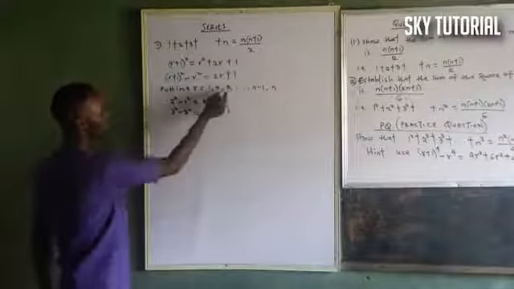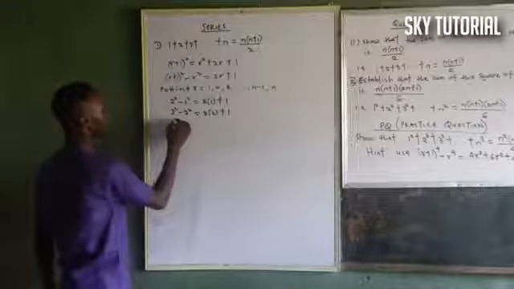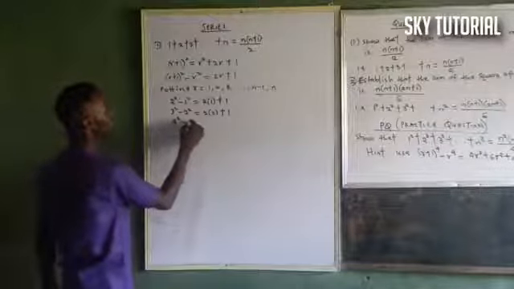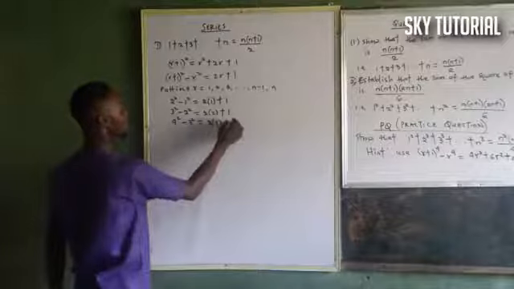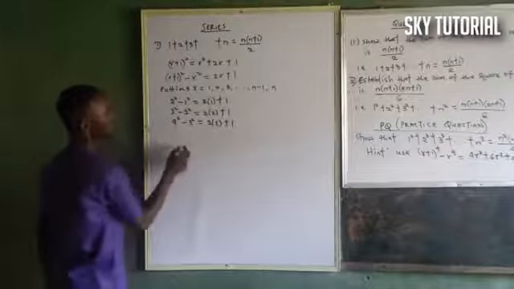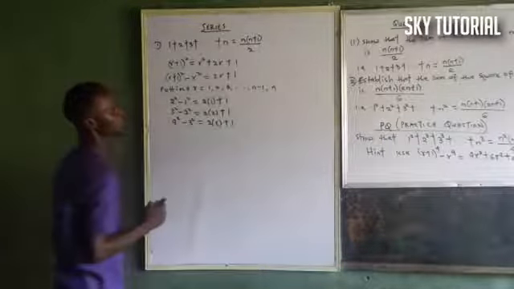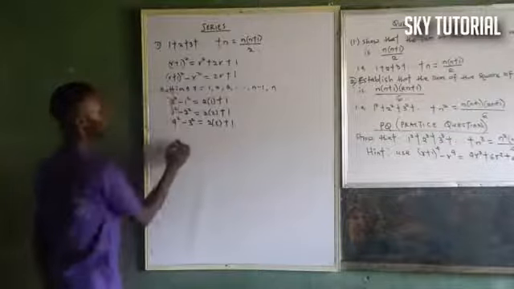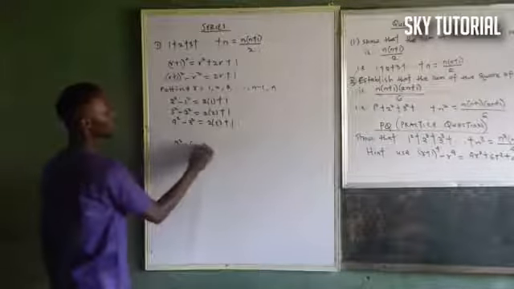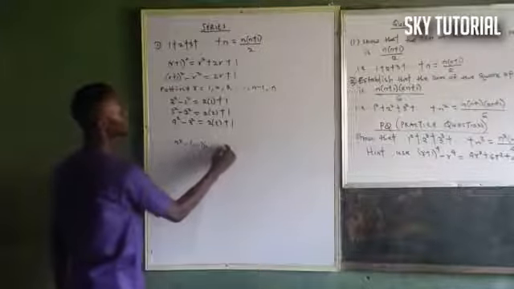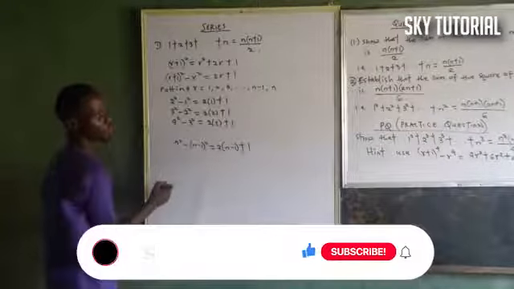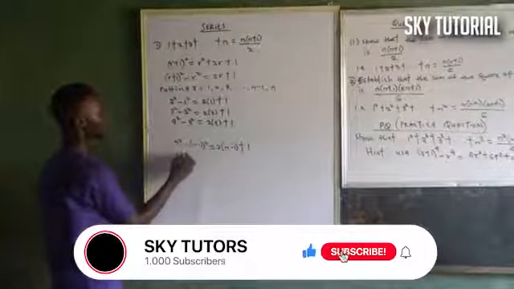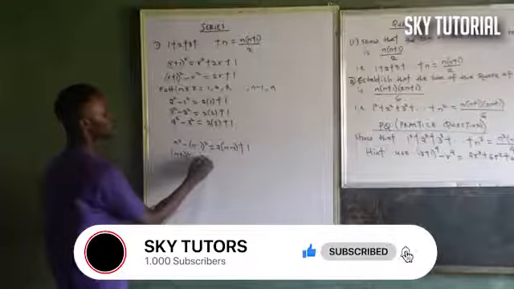When r is 3, I have 4 squared minus 3 squared equal 2 into bracket 3 plus 1, plus dot dot dot. When I put r to be n minus 1, I have n squared minus n minus 1 squared equal 2 into bracket n negative 1 plus 1. And lastly, when r is equal to n, I have n plus 1 whole squared negative n squared